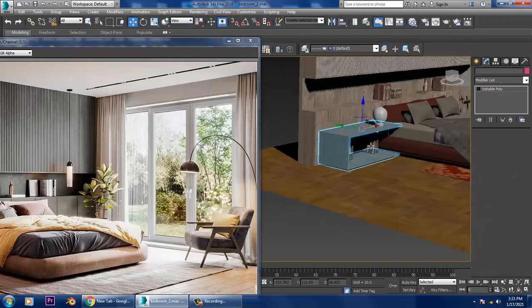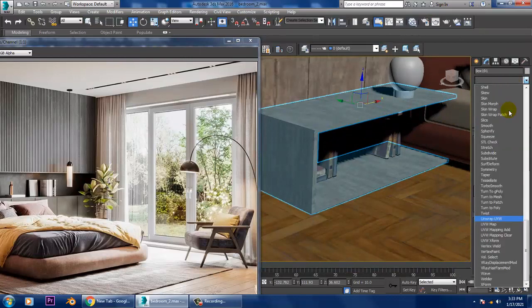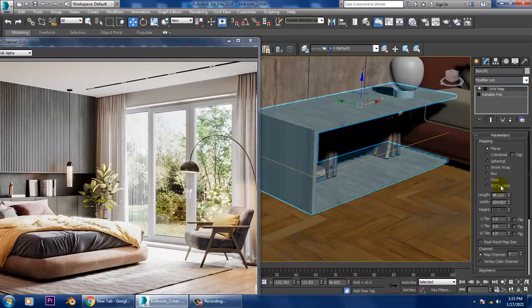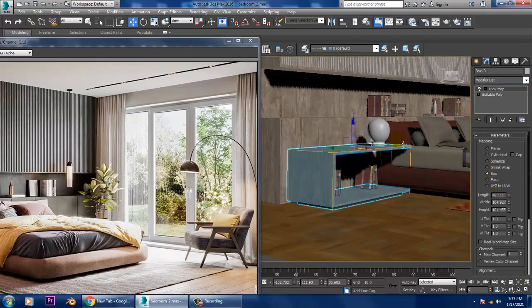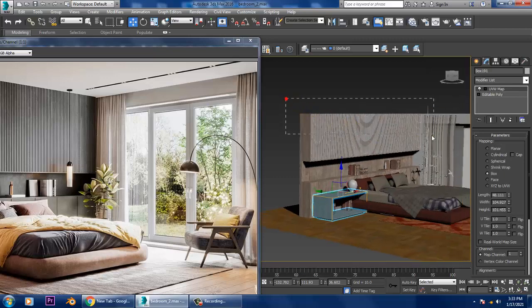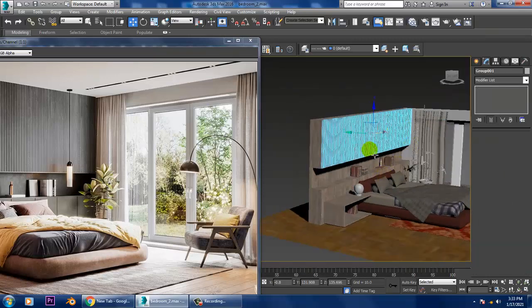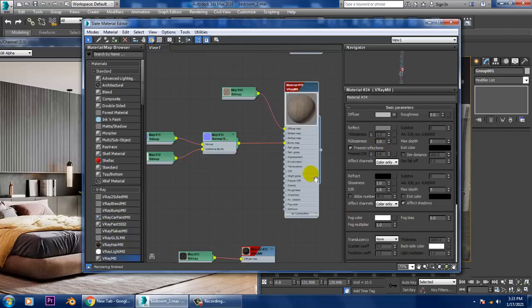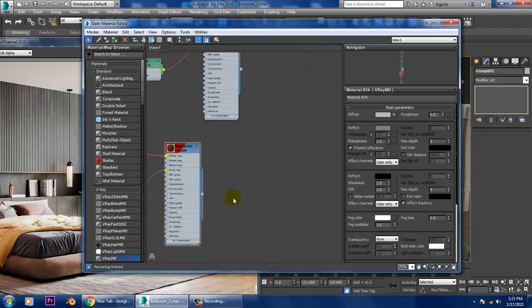Select this, let's give a UVW map, set it as a box, select this whole thing over here, go into material and take a V-Ray material.